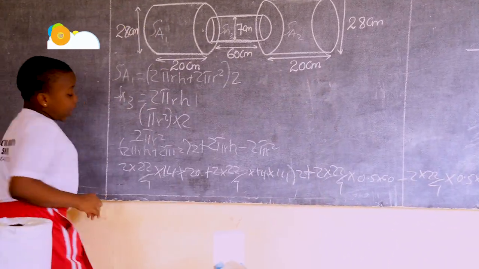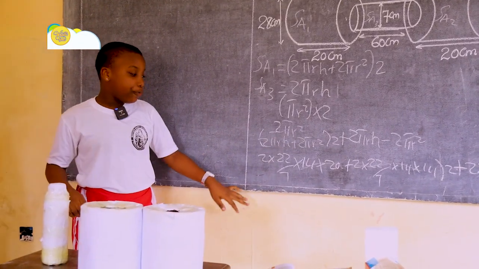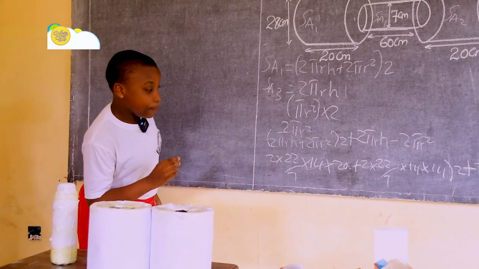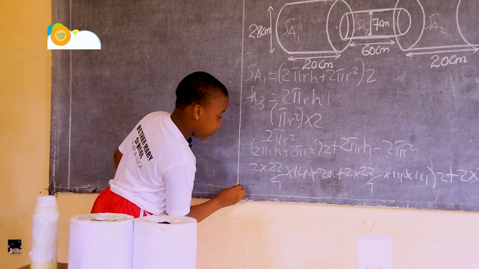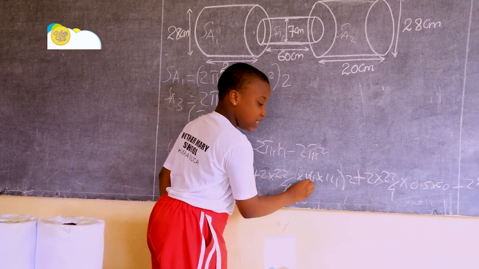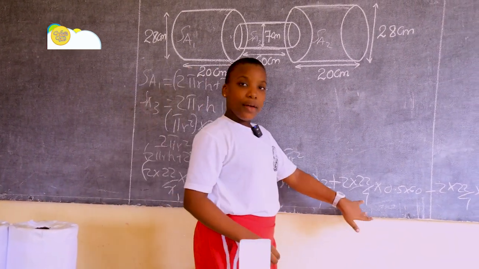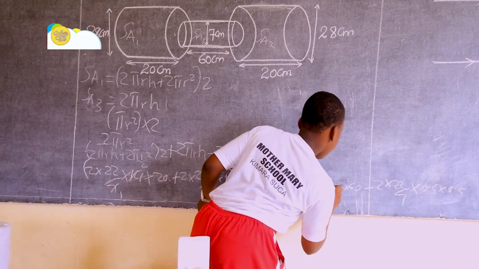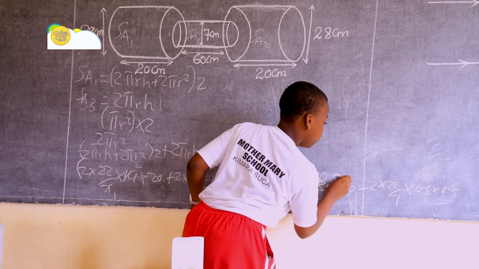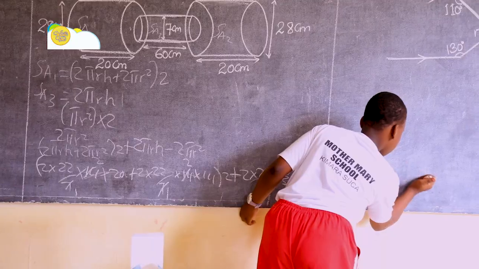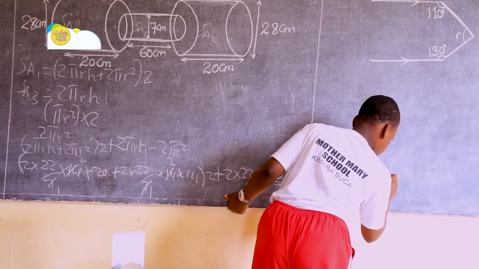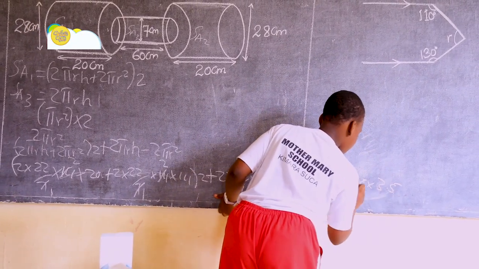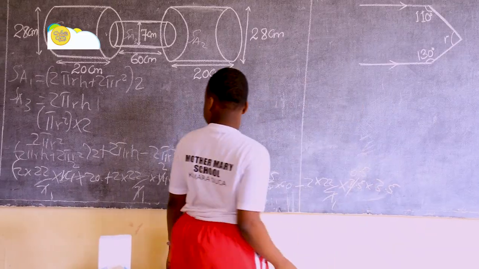Here, we are going to look in our question for any place that can be simplified. So we are going to simplify. Here, 7 by 7: 1, 7 by 14: 2. Also here, we have 7 by 7: 1, 7 by 14: 2. Also here, we have 7 by 7: 1, 7 by 7: 0.5. Also here, we have 7 by 7: 1, 7 by 7: 0.5. Okay.